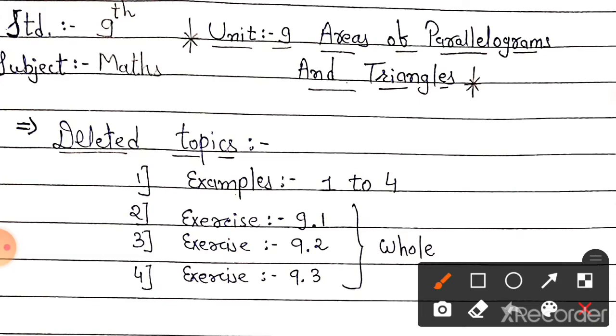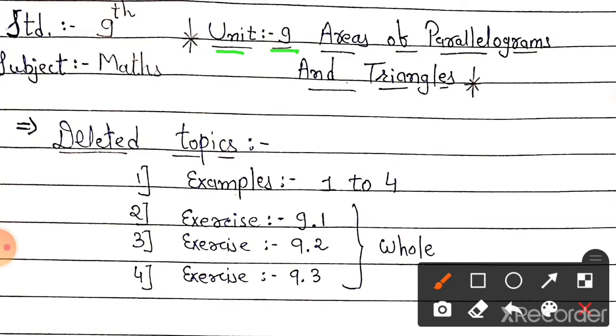Now, today we are going to start our new chapter. The chapter number is 9, and the name of the chapter is Areas of Parallelogram and Triangles. Correct? So, in this chapter, we will discuss the areas. In the previous chapter, chapter number 8, we saw the properties of quadrilaterals and its types and the basic rules. So in this chapter we discuss the areas of those shapes.